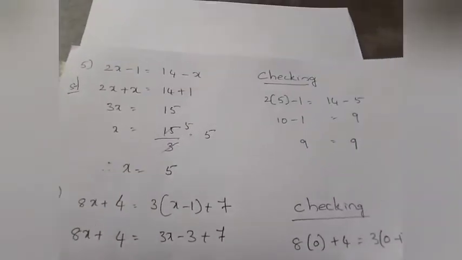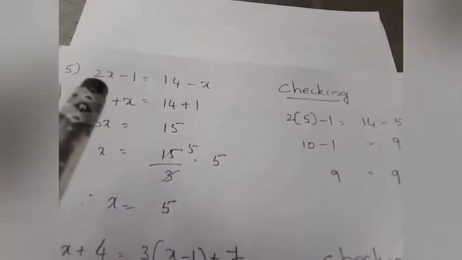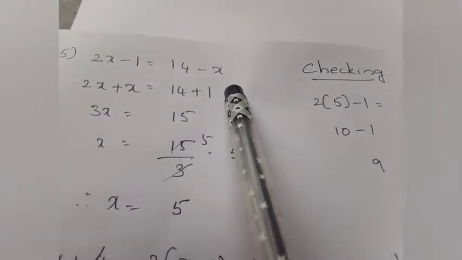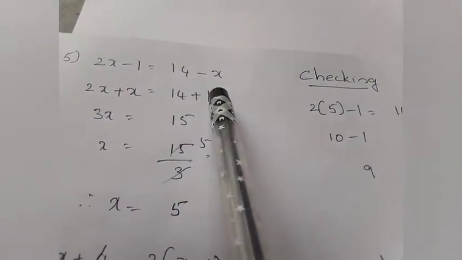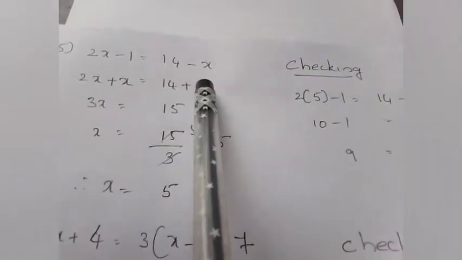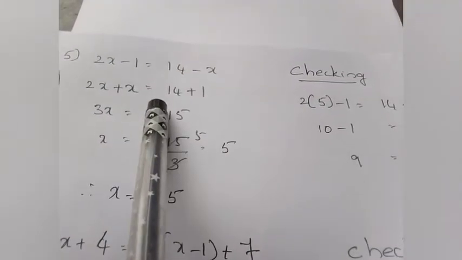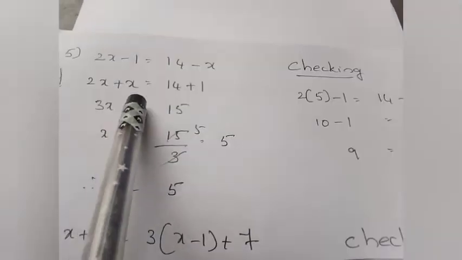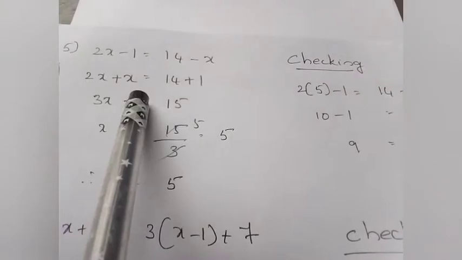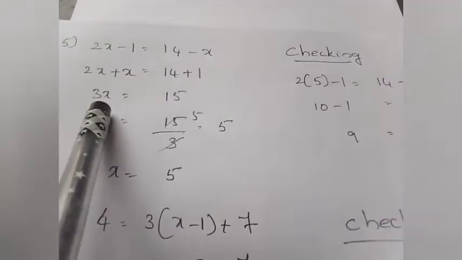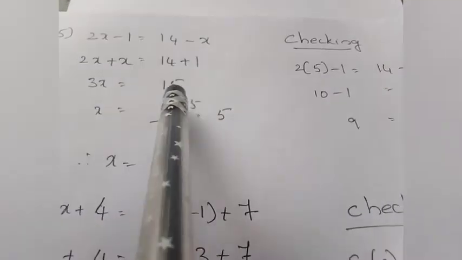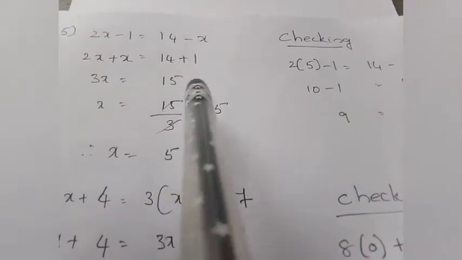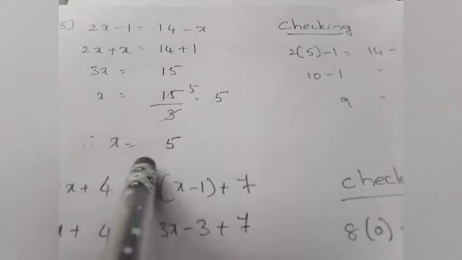Next, come to the fifth problem. 2x minus 1 is equal to 14 minus x. Same way, I have to write all the x terms, variables, one side. 2x plus, here is minus x, when it comes this side becomes plus x, is equal to 14. I am sending minus 1, that side becomes plus 1. So 2x plus x is equal to 3x, because x means that is 1x. So 2 plus 1 is equal to 3. So 3x is equal to 14 plus 1, 15. And x is equal to, I am sending 3 that side. So 15 by 3, 3 5s are 15. So x is equal to 5.